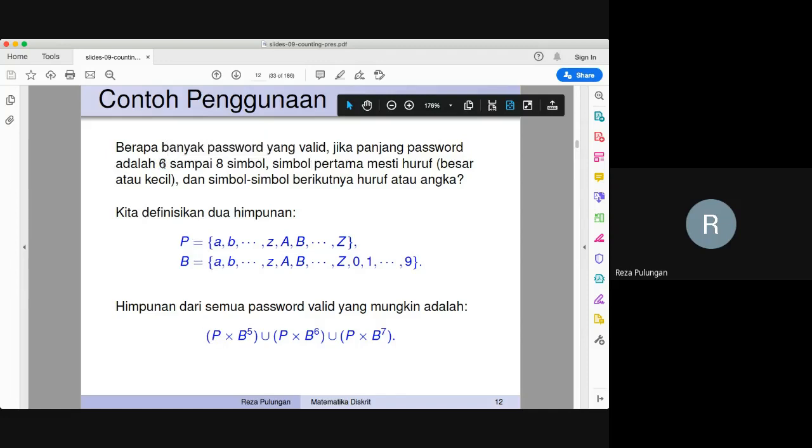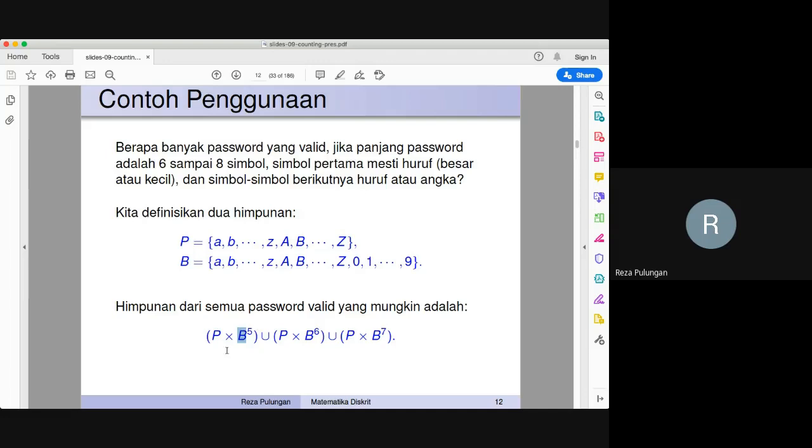And if it is 6 symbols long, then this must be P product B, product B, product B, product B, and so forth 5 times, because the first one must be the alphabetic one, and then the second symbol up to the 6th symbol can be an alphanumeric one.